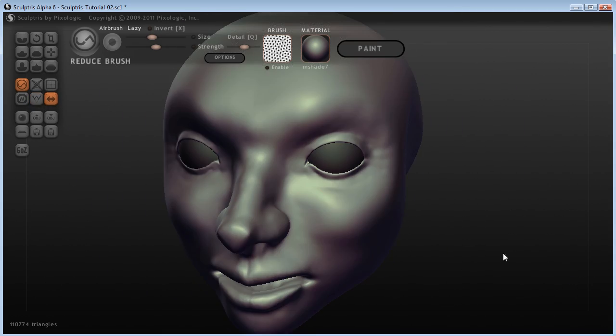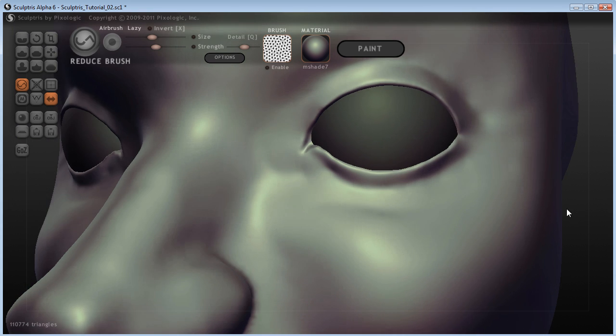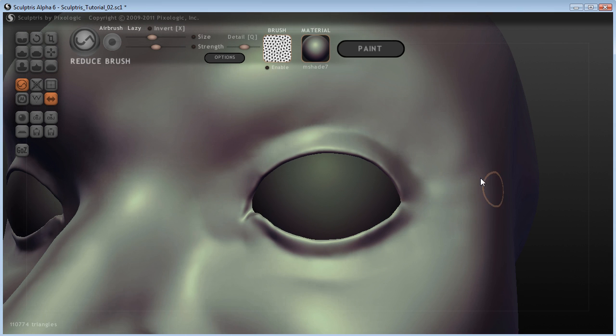If we have a look without the wireframe, you can see that we've got quite a nice eye shape looking there, and you'll also notice any dimpling or puckering that we need to smooth out,